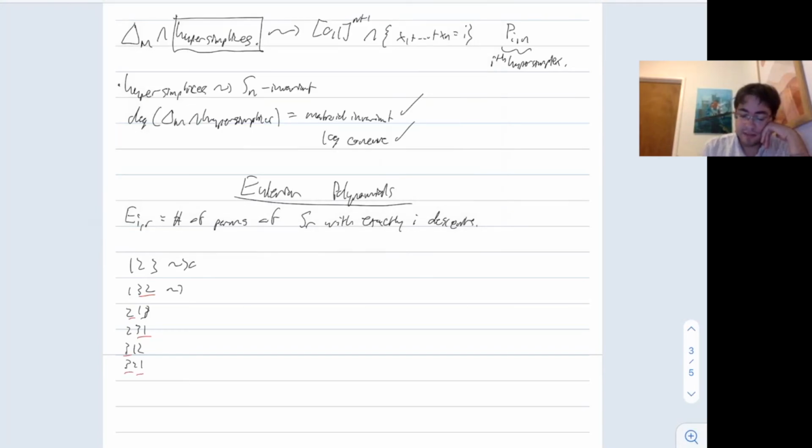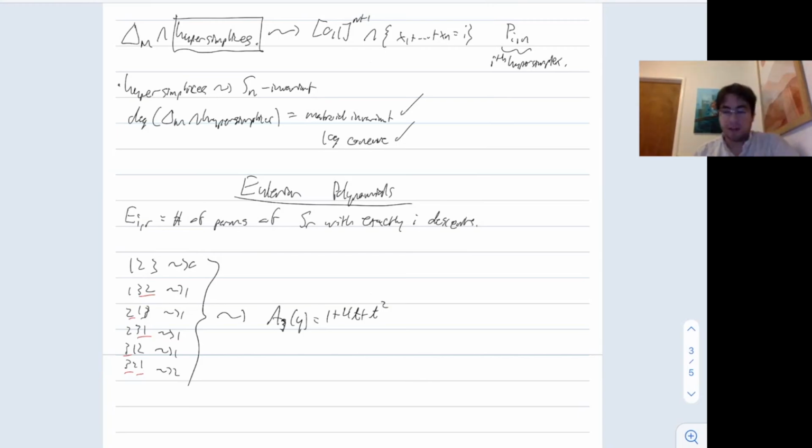So this has 0 descents, 1 descent, 1 descent, 1 descent, 1 descent, and 2 descents. You can take all these numbers, stick them into a polynomial, which is the third Eulerian polynomial, 1 plus 4t plus t squared. Okay. So these Eulerian polynomials, so there's an A1, an A2, an A3, and an A4,